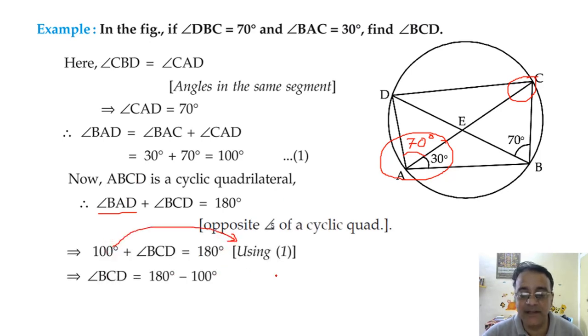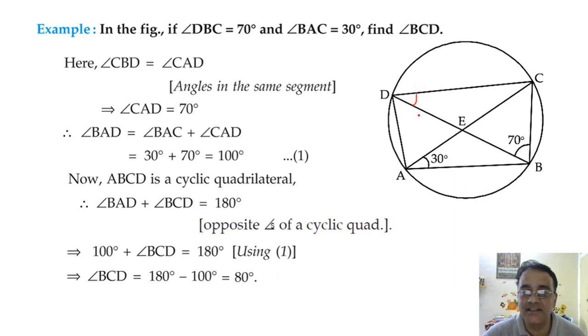So we'll get 180 minus 100, that is equals to 80 degree. So this is one method, and another method, just now I told you, is that these two angles are equal to 30 degree. That method is very easy. The method I told you earlier is very easy. These two angles are 30 degree and we will find this angle by using angle sum property of triangle.